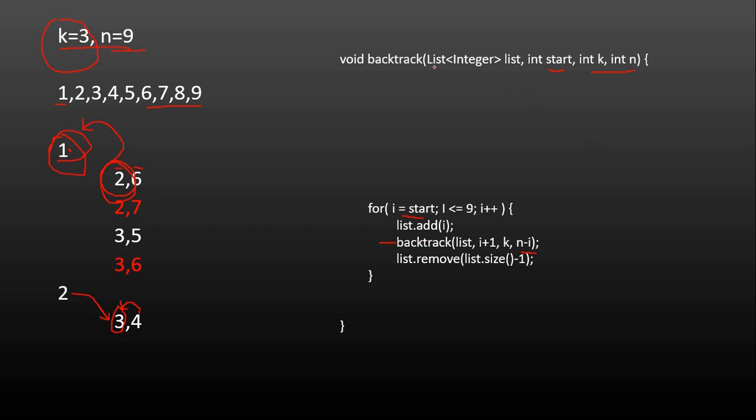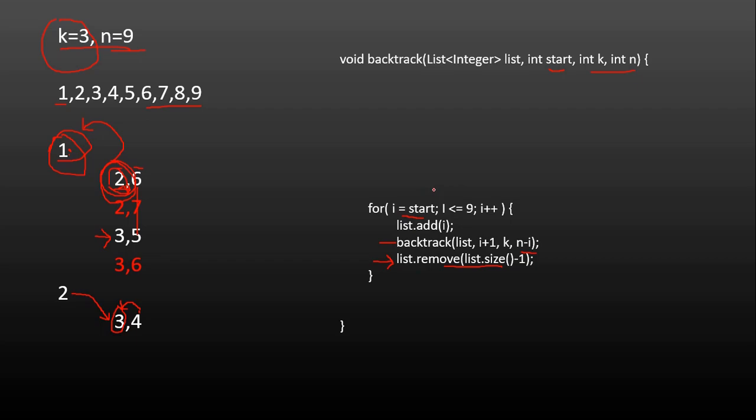So when I come back to here, again it will do the same for loop, and once the whole thing is exhausted, for example, let's say it added the second digit 2, and then it will check for all the 3s. So once this is exhausted, 2 needs to be removed from my set or from my list, and then I should go with the next integer value, which is 3, right? So that's what I'm doing here. I'm removing whatever I added here, right? So since I added here, I am removing this from my list, and then I'm going to the next i value. So I'm making sure that that combination is removed, so that way duplicates won't happen.